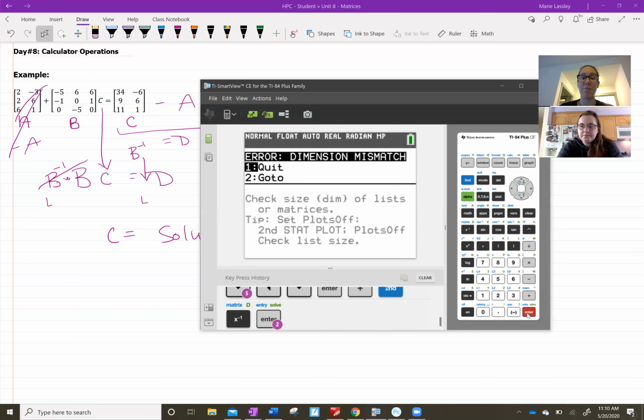The same thing would happen if you tried to multiply two matrices that didn't follow the rules, like the first matrix didn't have the same number of columns as the second matrix had rows. It would tell you dimension mismatch and it wouldn't let you do it. So it's nice that it tells you, hey, you've done something wrong. But anyways, that is really it for today. That was really all we wanted to go over. You guys know how to find inverses in your calculator. You know how to put your different matrices in there. So that should be enough for you guys to finish your